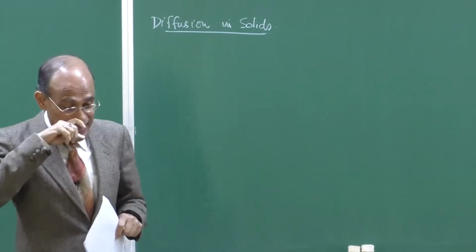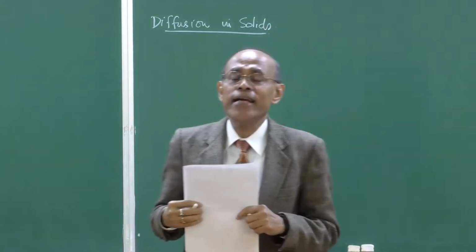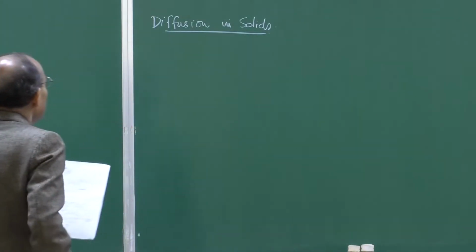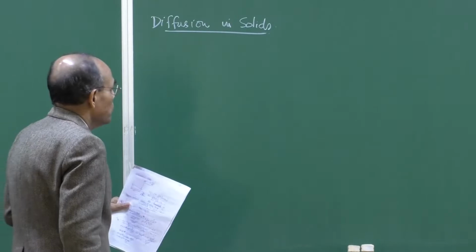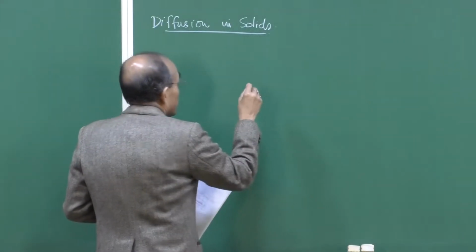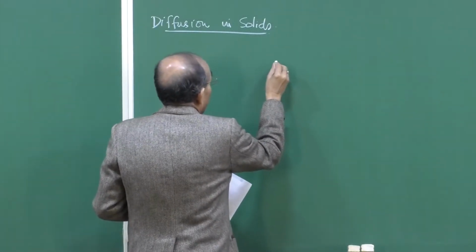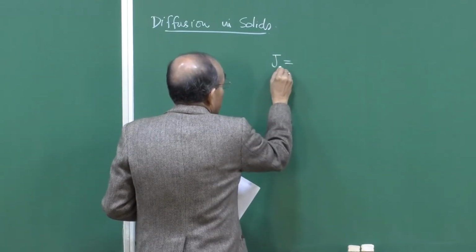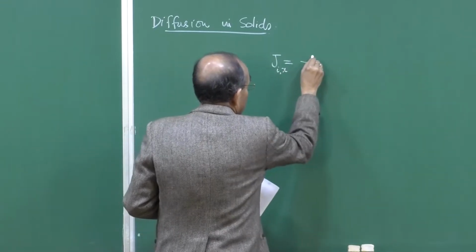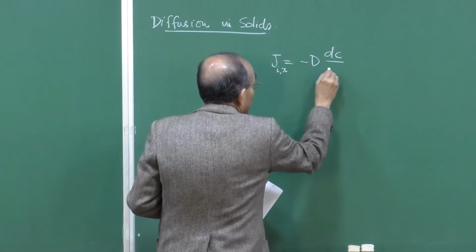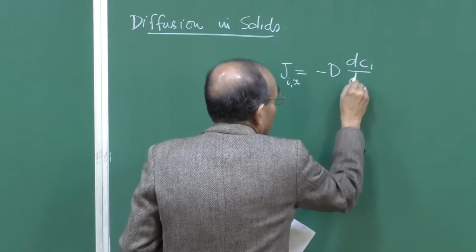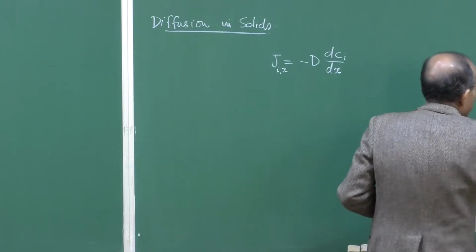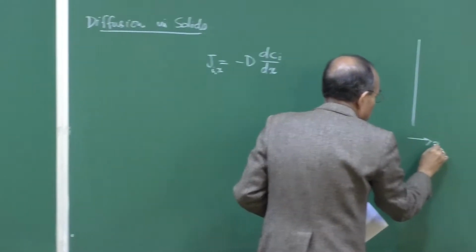a problem on steady state diffusion, and then we will go to unsteady state, talk about unsteady state diffusion in solids. Now, you know the phenomenological description of diffusion in solids, where we write the flux of a species i along the x direction, the popular Fick's law, in terms of C_i. One dimensional Cartesian coordinate system. So, this is the x direction,